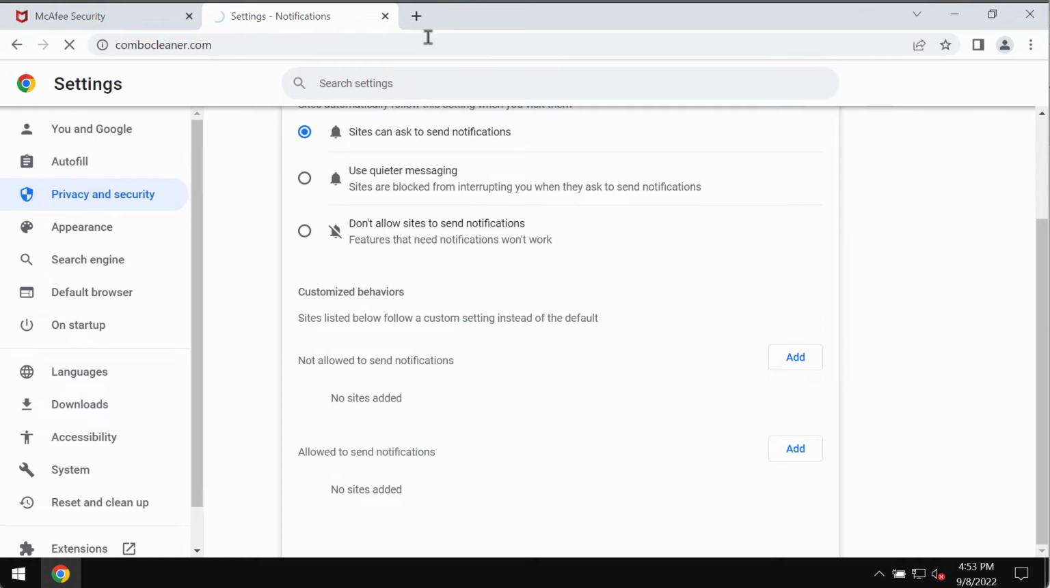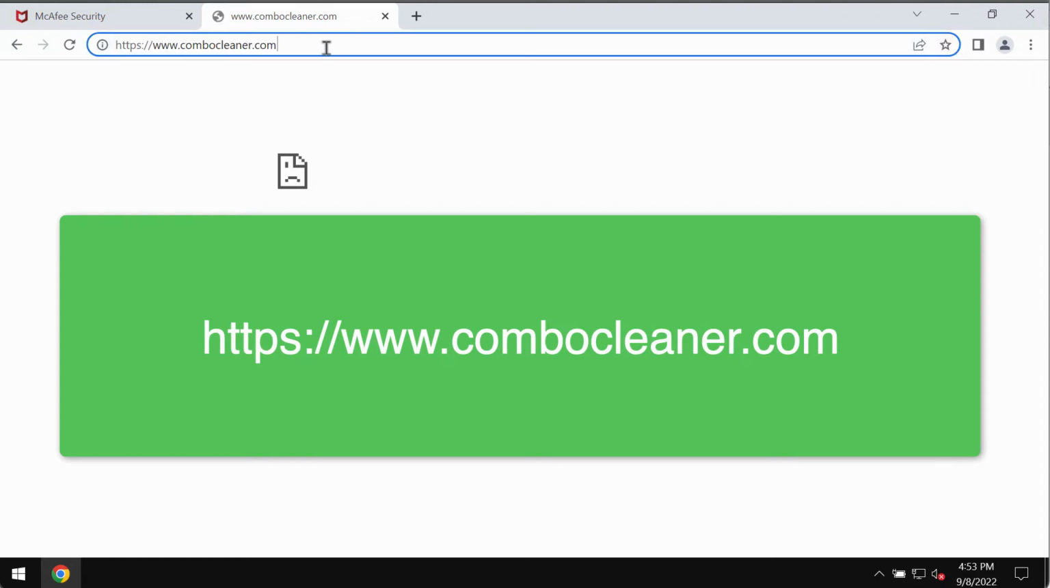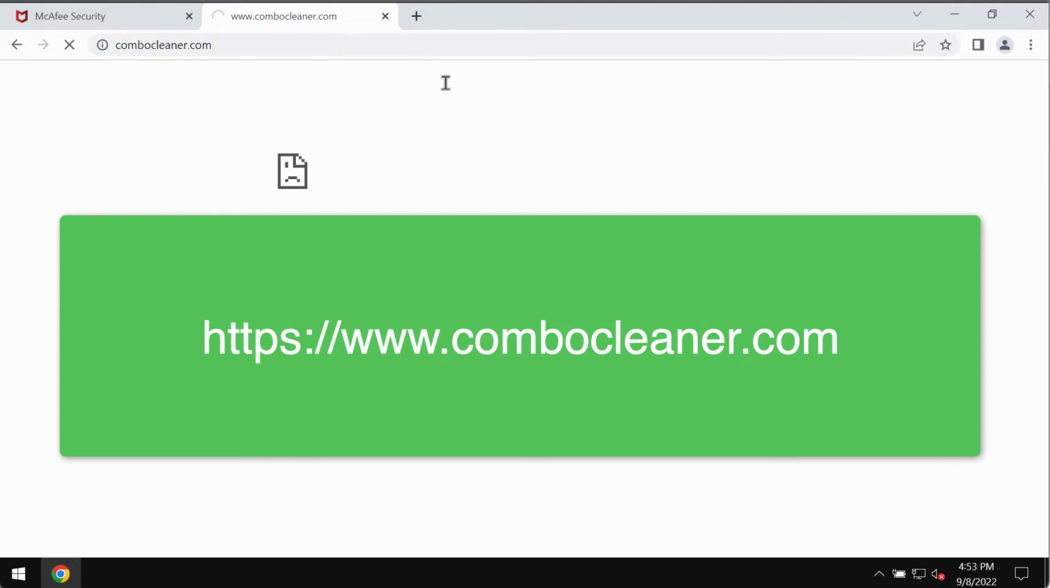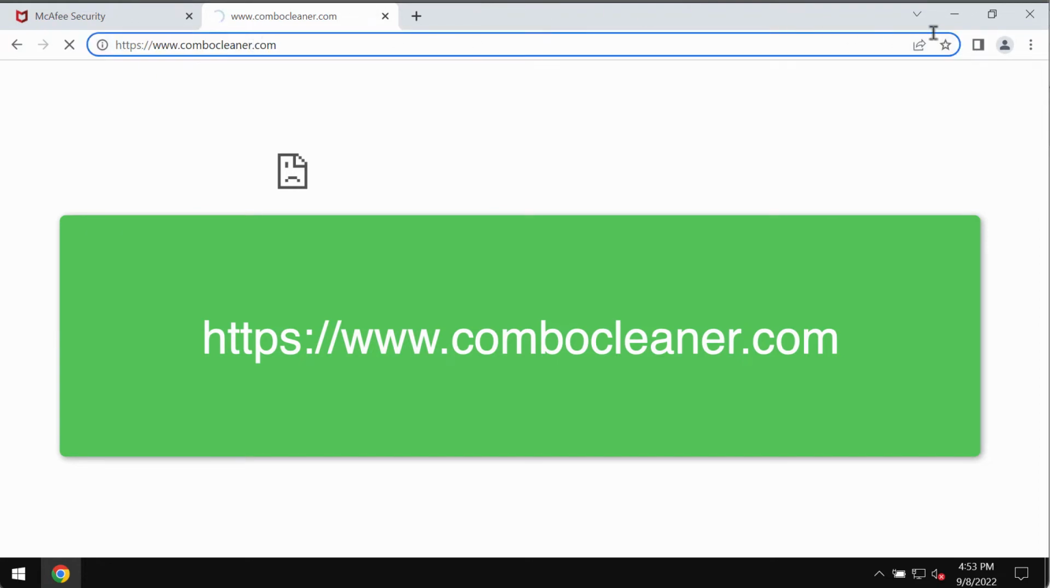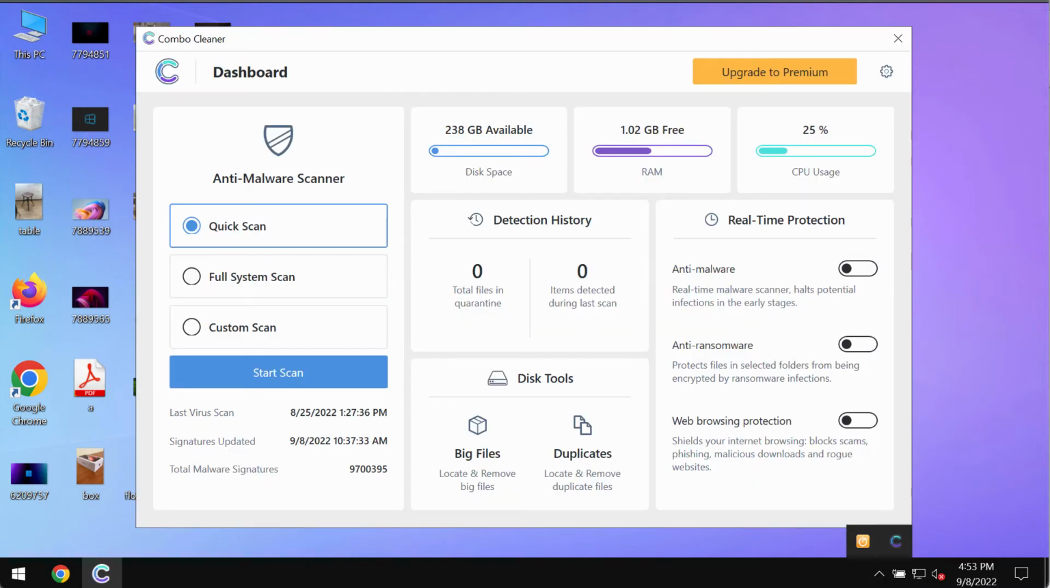I would also recommend scanning the system with Combo Cleaner Antivirus. The best place to get it is on the page combocleaner.com. So go to this website, combocleaner.com, and download Combo Cleaner Antivirus through this official resource. In my case, for some reason, there are some troubles with my internet. Anyway, the page you need to go to is combocleaner.com, download the software, install it, and begin scanning your system